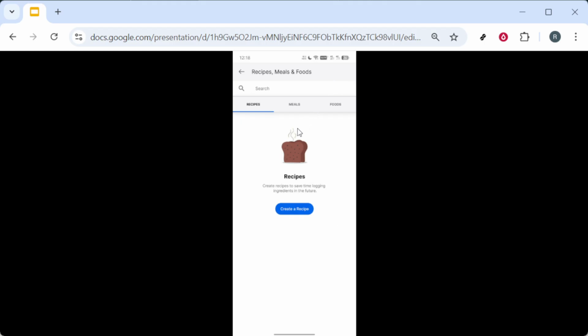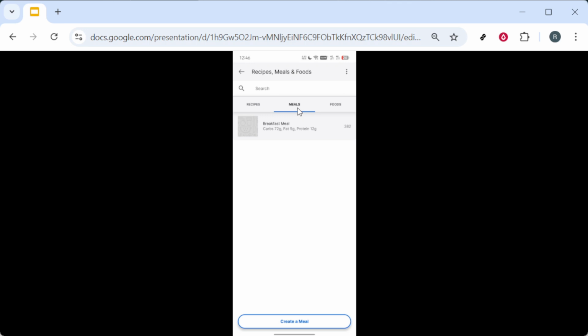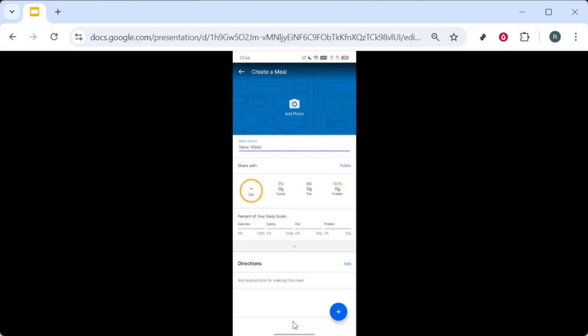Next, you'll want to select Meals. Here, you'll have various options, but what we're looking for right now is the ability to create a meal. So go ahead and tap on Create a Meal. This allows you to enter the details of the meal you wish to share. Start by giving your meal a descriptive name. You also have the option to add a photo, which can make your meal more appealing and provide a nice